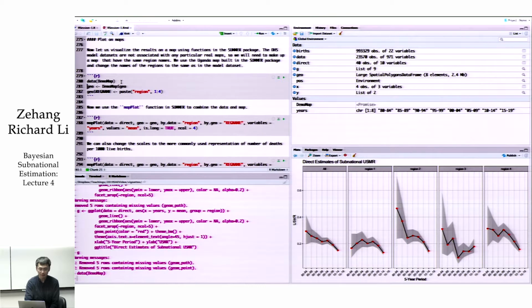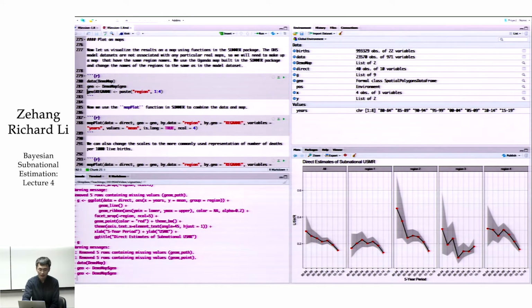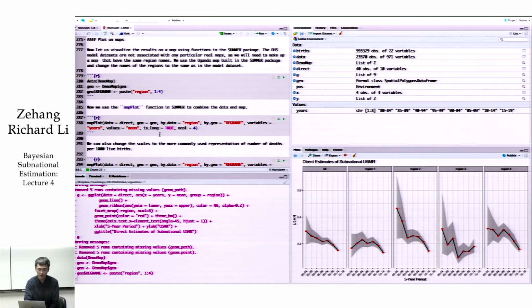As we have seen before, we loaded a map from the DHS website, the shapefile that corresponds to the Kenya geography. For this example, since we only have 4 regions and Kenya has 8 regions in the map that we loaded before, I'm going to use a demo map. This is data that's already loaded into the SUMMER package. So I'm going to take out the spatial polygon data file, assign it to geo, and rename the regions to be region 1 to 4. And again, you can do the simple plot called plot geo,